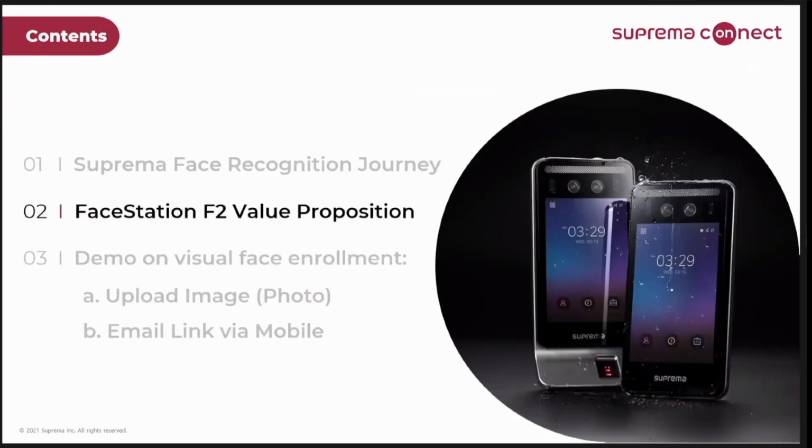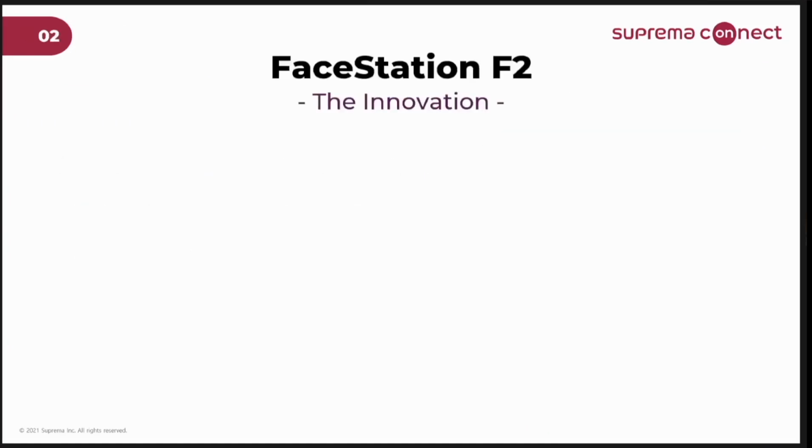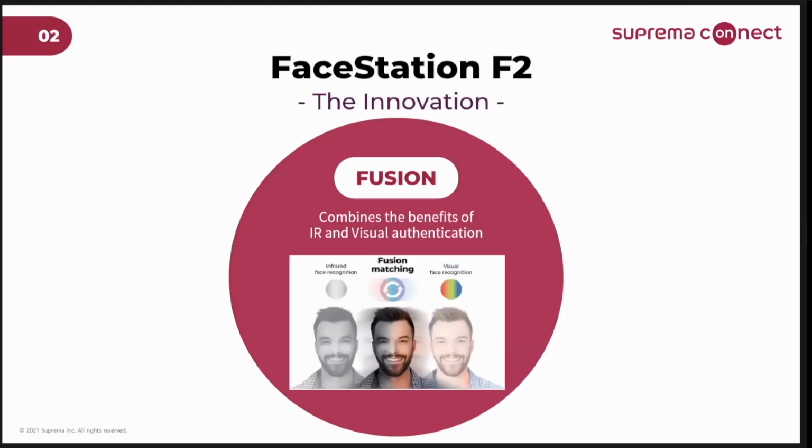Now, let's jump to the main point of today's webinar, the value proposition of FaceStation F2. The key innovation we brought to the table with F2 is fusion. So actually in FaceStation F2, the F refers to fusion. Fusion is combining the IR-based recognition and the new AI-based visual recognition to maximize the benefit of both IR,